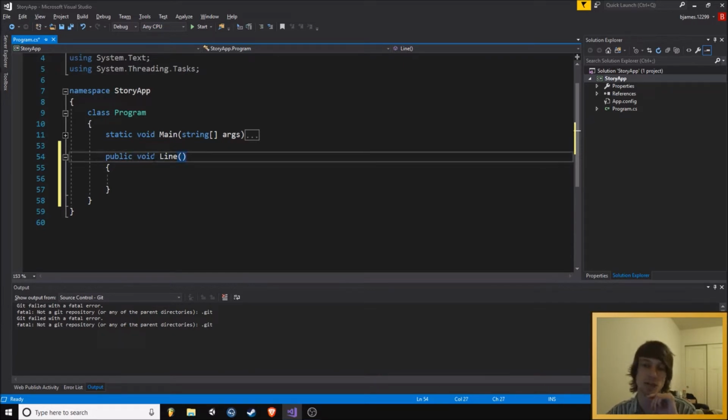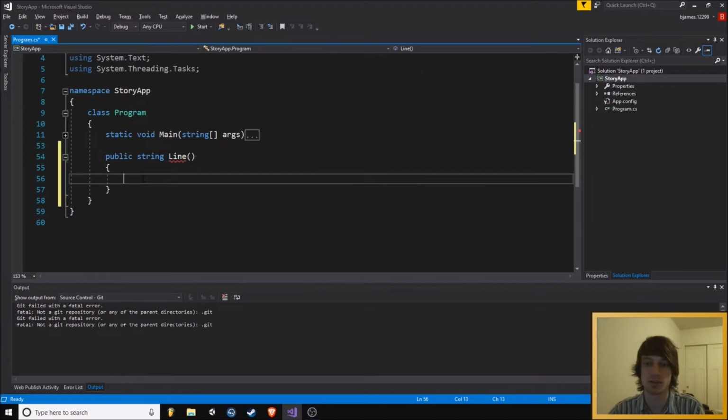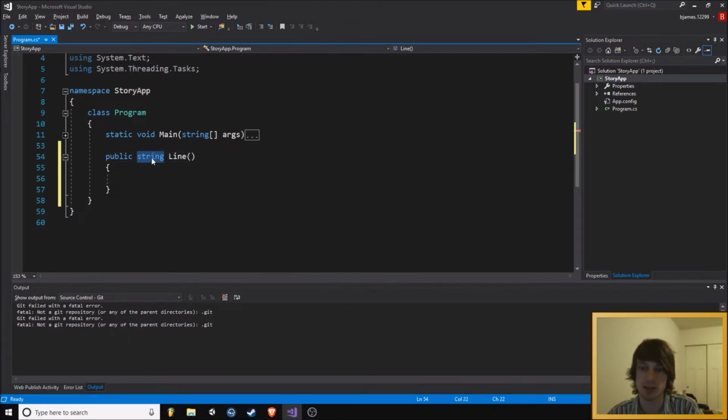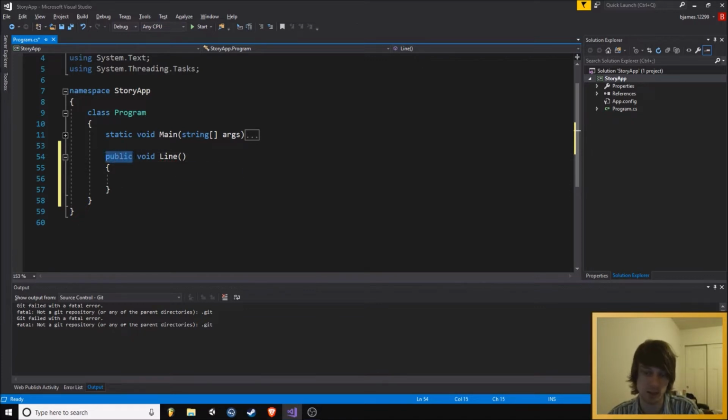So if this was string, let's say, you would do something like return some sort of string value. So this could be whatever you put in there, or it could be another variable that you affect. But we don't need it to return a value, we just need it to perform an action, so it's going to be void. Public is just how accessible it is, so that means that it can be used outside of